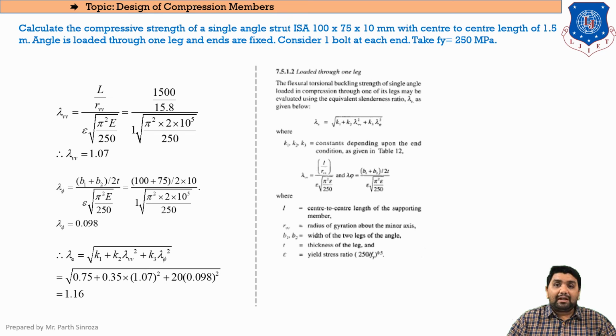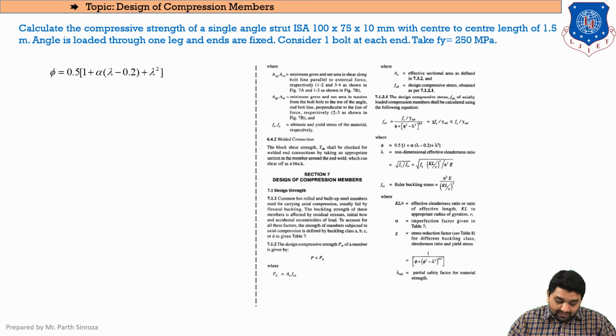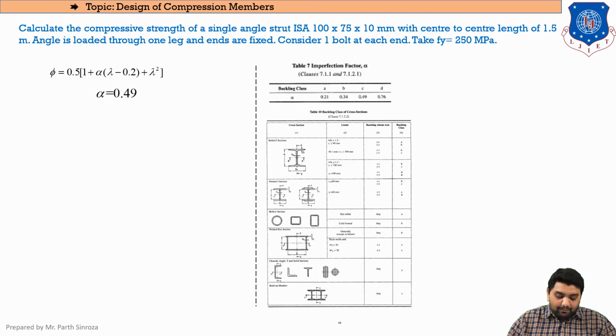Now we'll be focusing again on page number 37 to find the value of FCD. So again, to find the value of FCD, the next thing we'll require, now that this lambda is completed, is the term phi. And again for phi, we'll require the value of alpha. As we have discussed earlier, alpha can be obtained from these two terms. This will be on your page number 35, and this will be obtained from your page number 44.